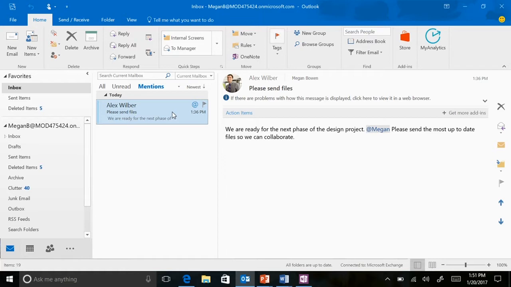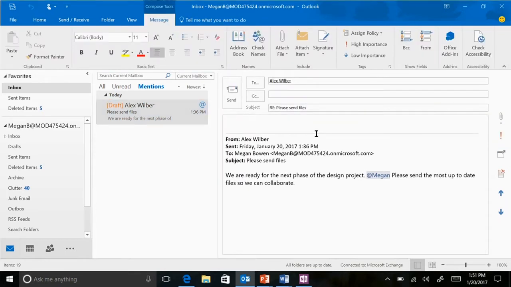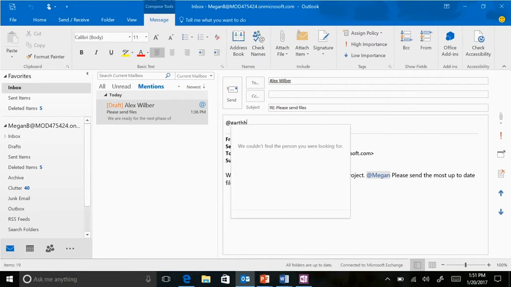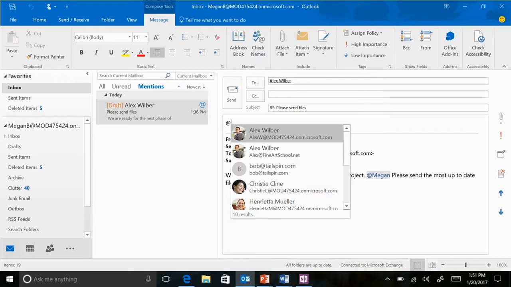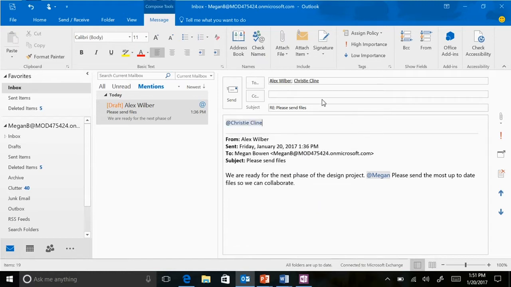So we'll take it to the next step here, and something that's pretty cool is we'll go ahead and reply to Alex here. And we're going to say we want to bring Garth into this. So Garth isn't going to pop up, so we'll actually use someone else. We'll use Christy Klein here. You see Christy is not included on this email at all. So as soon as we tag her in this and say Christy, you'll see she's added to the to line immediately, which is nice because you don't have to worry about including or tagging someone in an email, sending out the email, and realizing they weren't included on the to line. So we'll say Christy Klein.